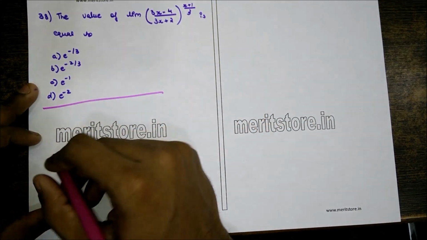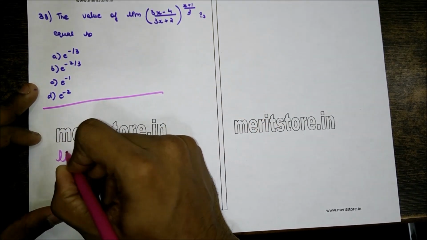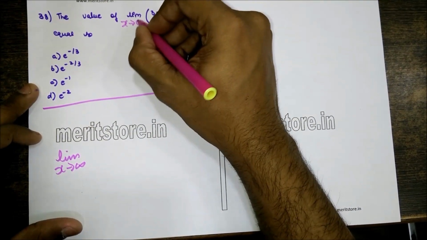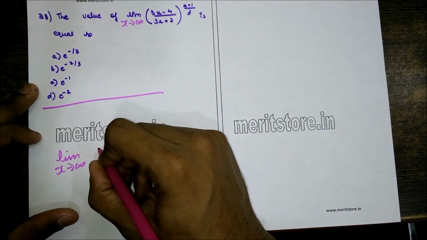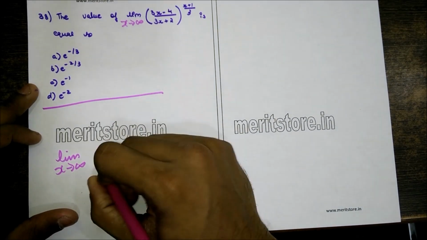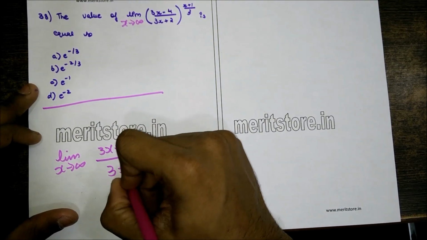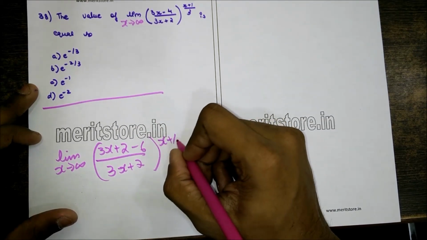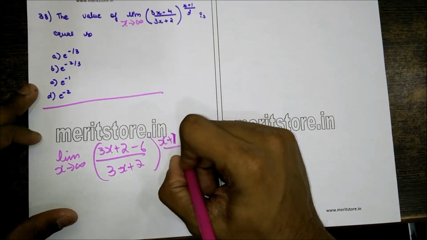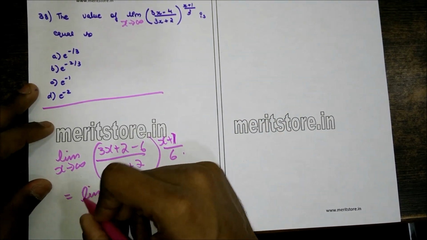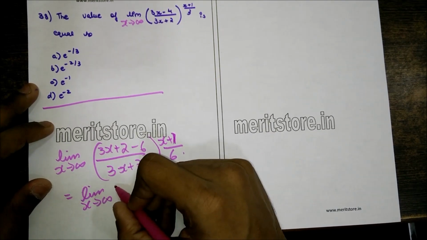So therefore we can write it as limit of x tends to infinity of (3x plus 2 minus 6) upon 3x plus 2. Numerator in terms of the denominator, x plus 1 by 6, giving us